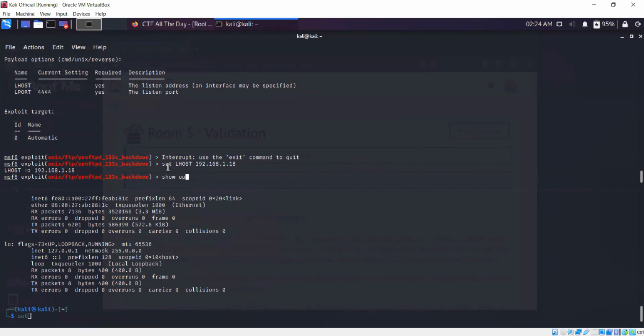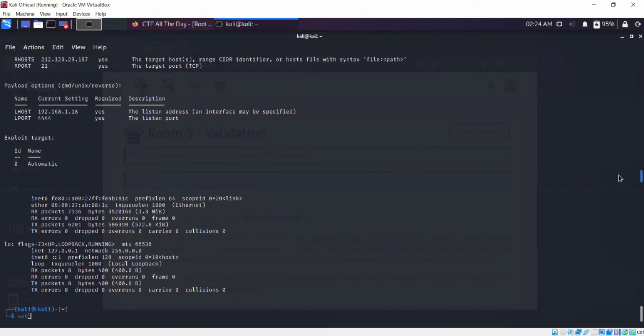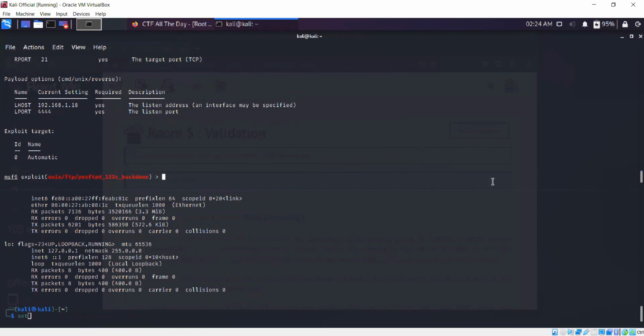Now let's do show options once again. So the L host is set, the L port is set, and the R host and R port are set too. Now, L port fills in by default, but if you want to check which ports you can use for L port, you can do nmap on your own machine.